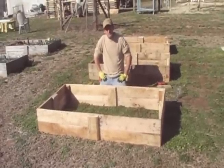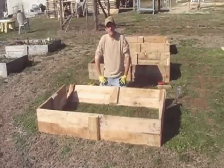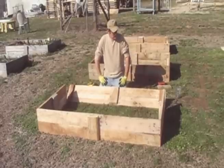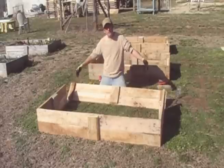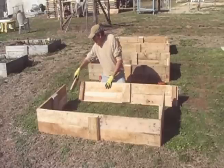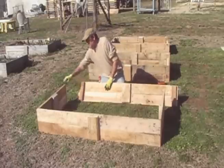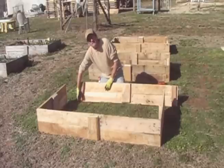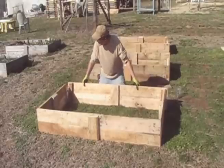Okay, so let's finish up the process here. I've already got 3 of my boards already laid out, and I've already got them screwed together, but I wanted to show you how I set this up. Now, remember on the 2 end scabs how I measured those boards out with the little cleat here? And I went ahead and I did that for a reason, because the side rails are going to fit right into that slot right there. And it's going to be sweet because everything's going to line right up